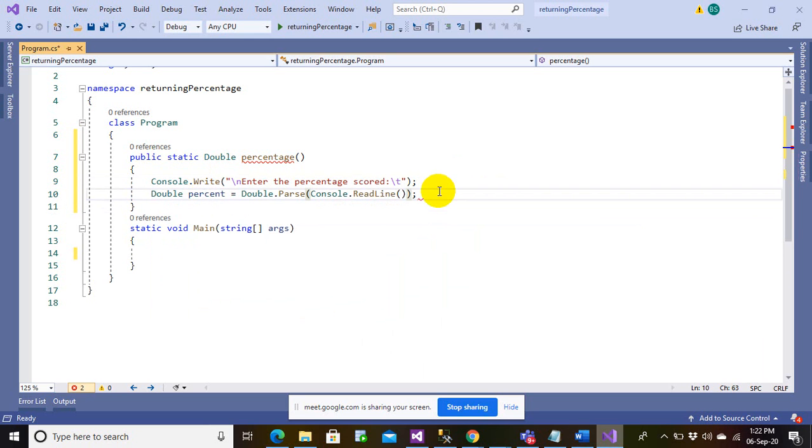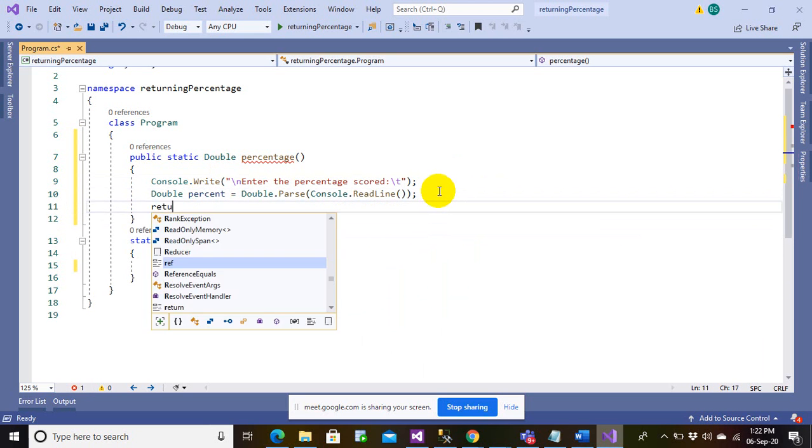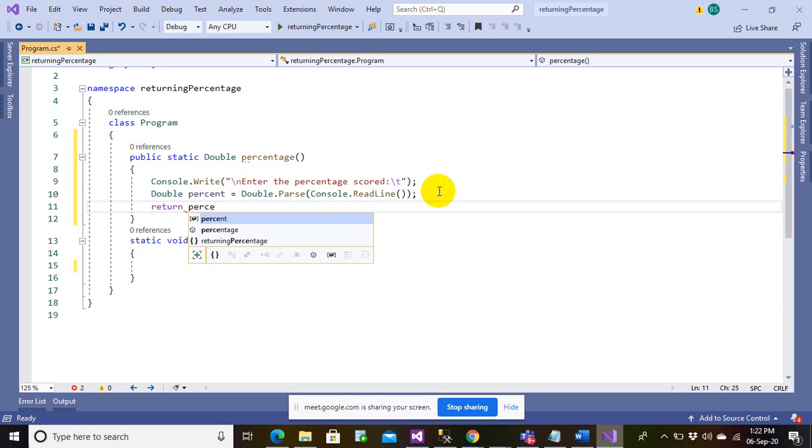Okay, so we read the percentage, and this time we want to return this percentage.